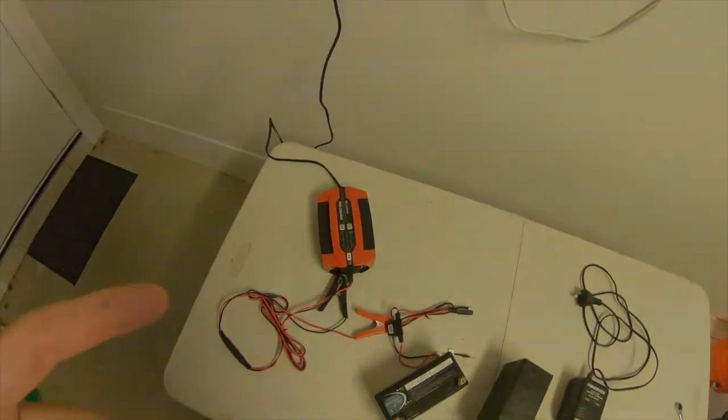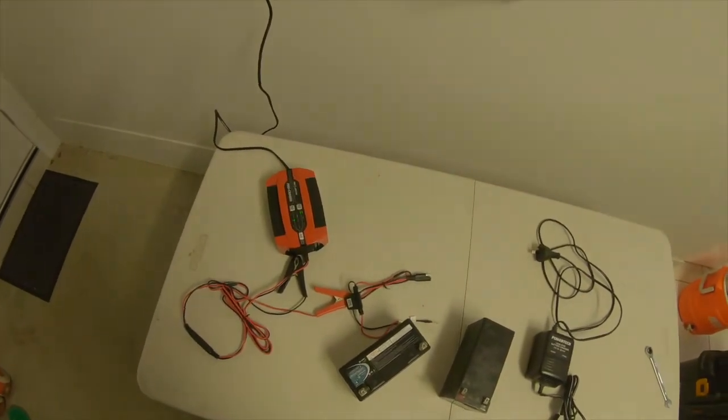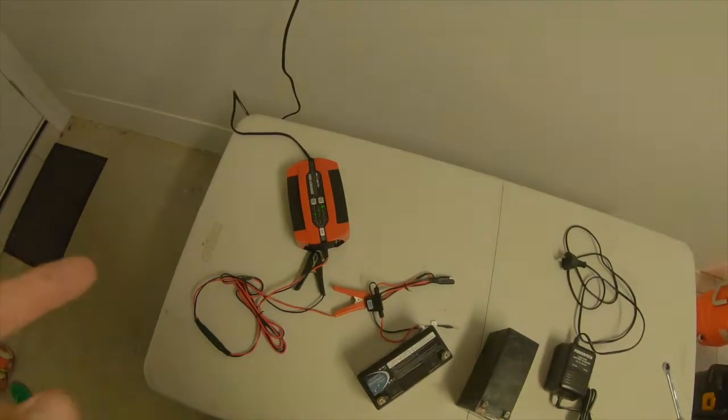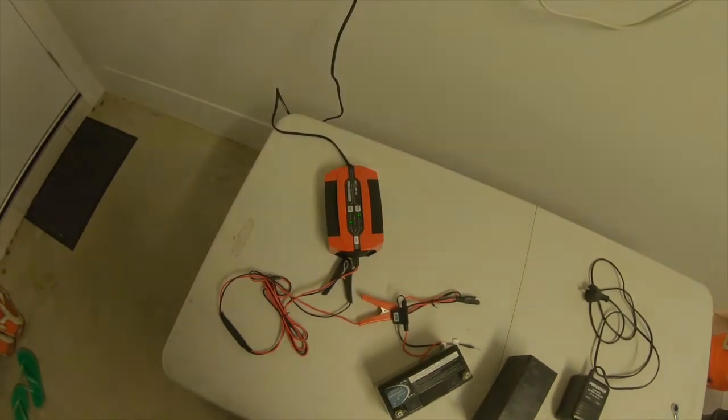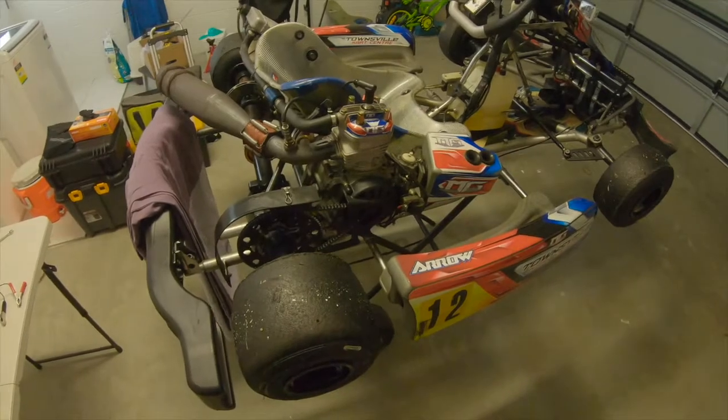So we'll give this a go, see if it works. If not, we'll try and figure out what else is going on. But I'm hoping that this Projector Pro Charge will be the solution to our problems. So sit tight and we'll go from there. All right, guys, now